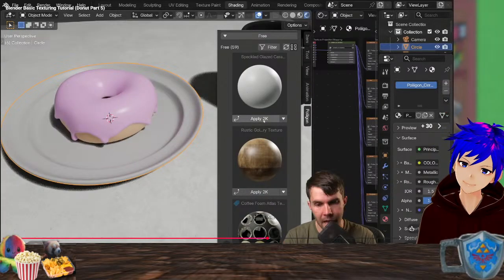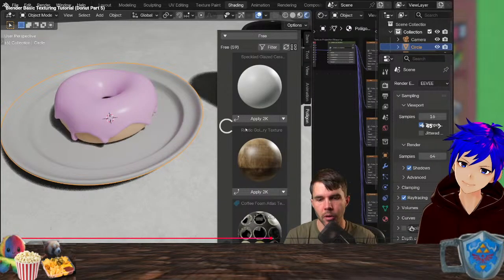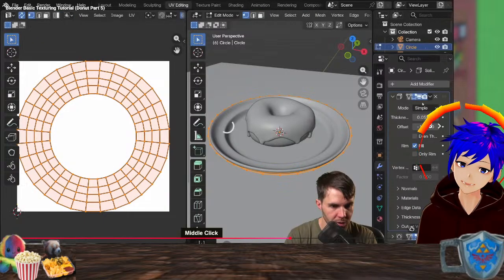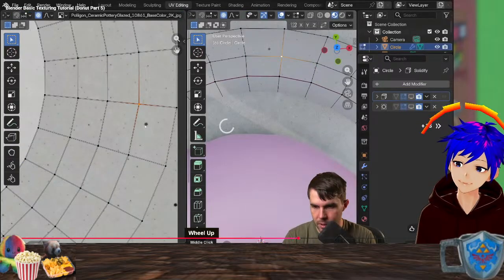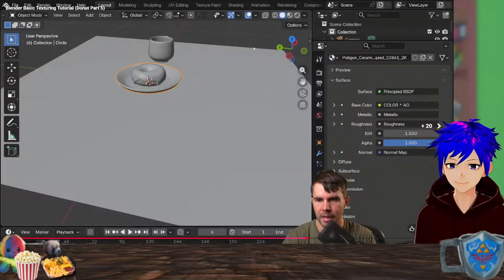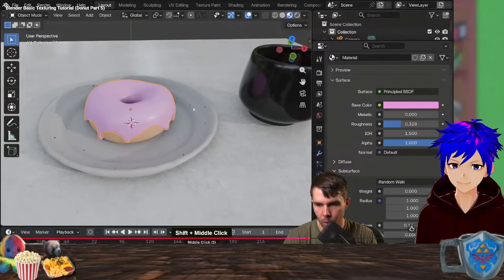Then apply to the entire mesh like that. Yeah, again, I can't do this because your add-on for some reason doesn't work anymore. Let's go back a little bit more complicated.